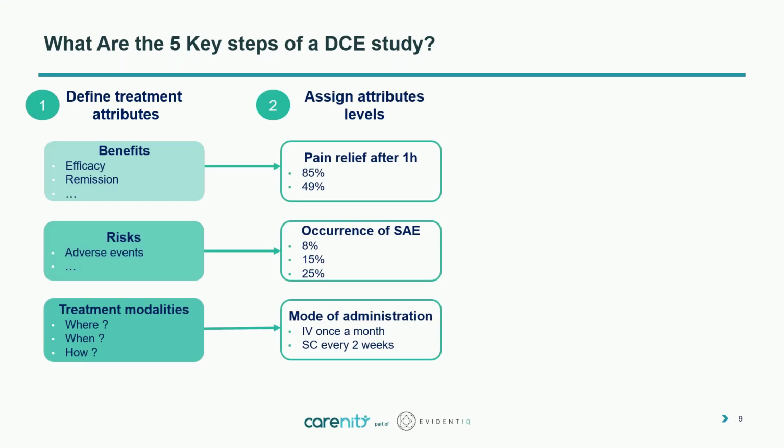The second step in conducting a DCE is to identify the levels of each attribute. The methods used are the same as for the definition of the attributes: literature research, qualitative interviews. Levels may be continuous or categorical. When using categorical variables, it is important to define clearly what is meant by the levels in order to avoid